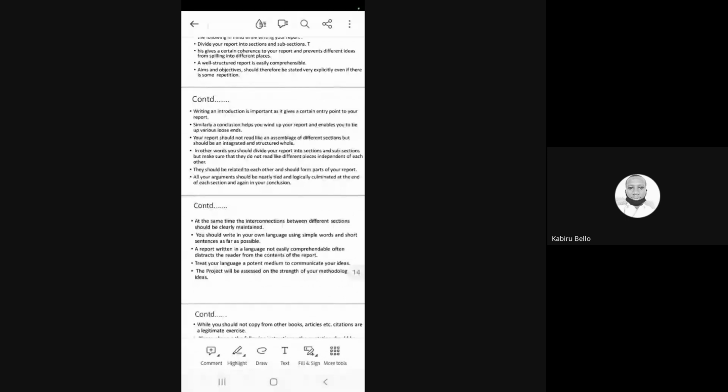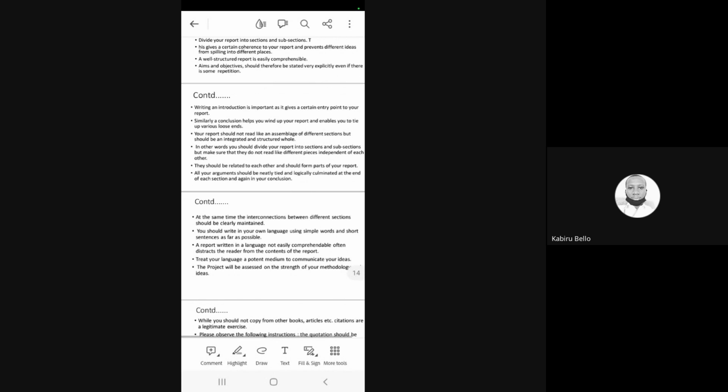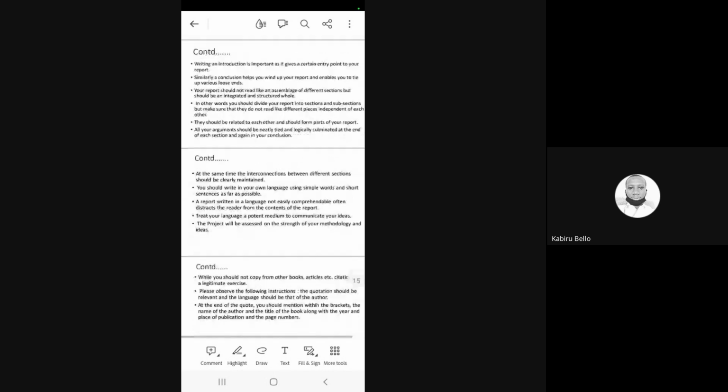It gives a certain entry point to your report. That is what is very important. Similarly, after the introduction, you have the literature review, and in the literature review, you can mention the gap and then your aims and objectives of the study. It should be limited to maximum 4, otherwise you limit your objectives to 2 to 3. Don't increase your aims and objectives. Then research methodology, that is how to do the research, primary sources or secondary sources and all. Then comes the data analysis and findings, followed by conclusion, and at the end is the reference.